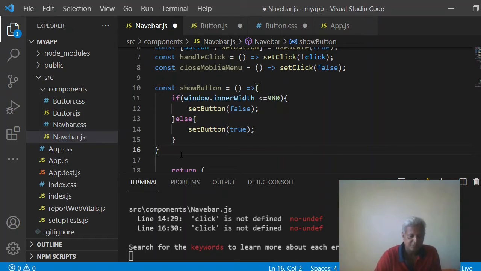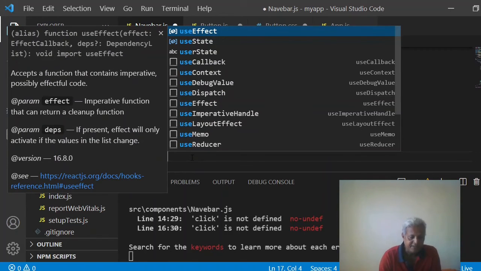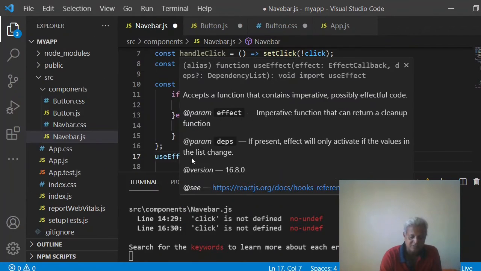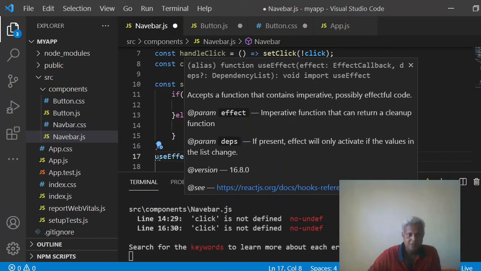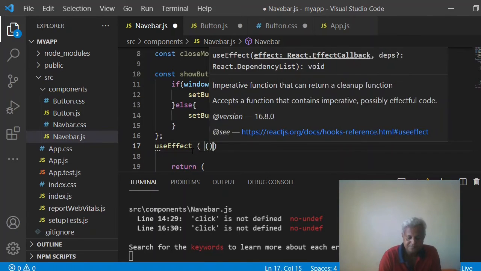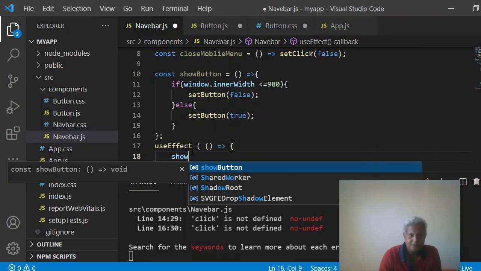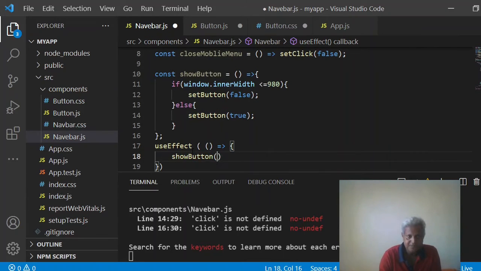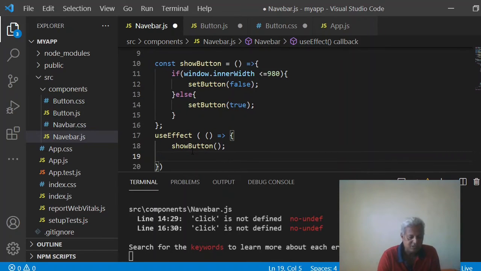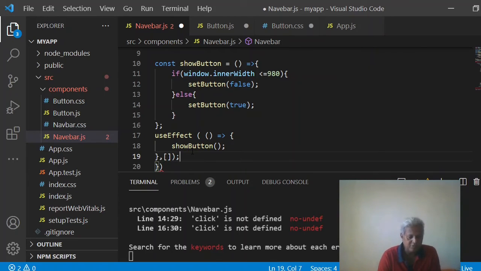So this you provide semicolon here, and then we'll use effect. Use effect means the effect will take place if you use this one. So use effect, show button, call this function, and this button will bring out the change. So the curly brackets, comma, empty box, semicolon,